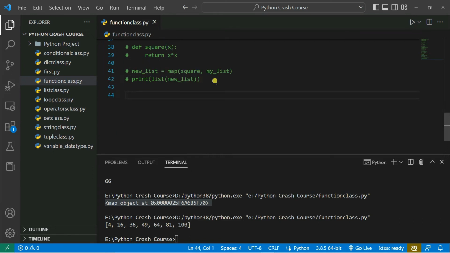Now we're going to discuss the filter function in Python. Let's take one example. You're going to check whether a number is even or not in a list, and we're going to also print the list. So let's say we have one list, my list: 1, 2, 3, 4, 5, 6, 7, 8, 9,